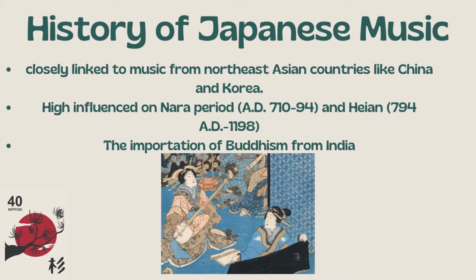Before I introduce to you the different types of Japanese music, let me introduce you to the history of Japanese music. Basically, traditional Japanese music was closely linked to music from Northeast Asian countries such as China and Korea. The movement from the North has created the connection between Korea and Japan, and has brought huge evidence in political, cultural, and social relationships. Over the Kofun period, Chinese culture gradually entered Japan, and from the 600s, increasingly directly from China.